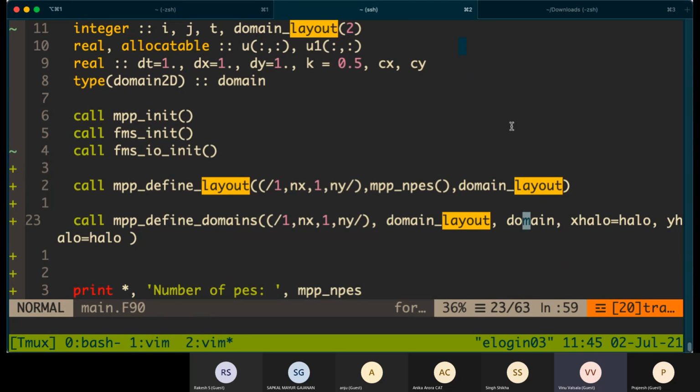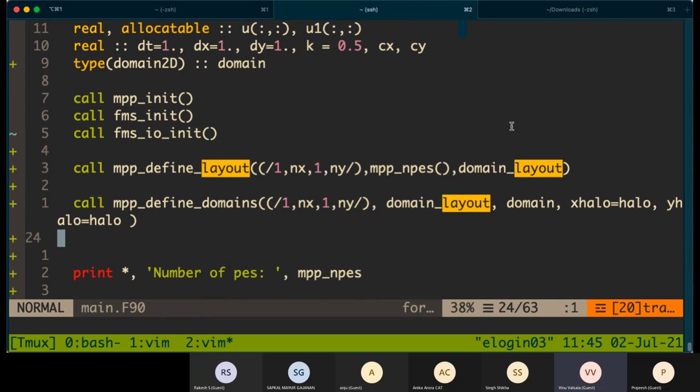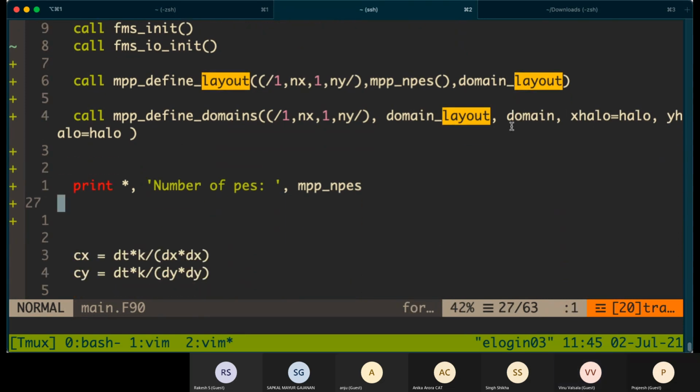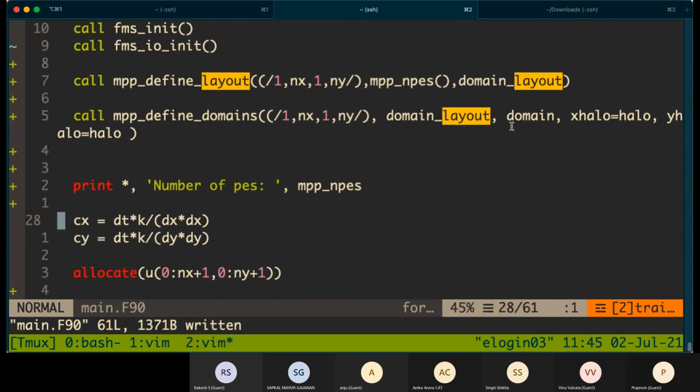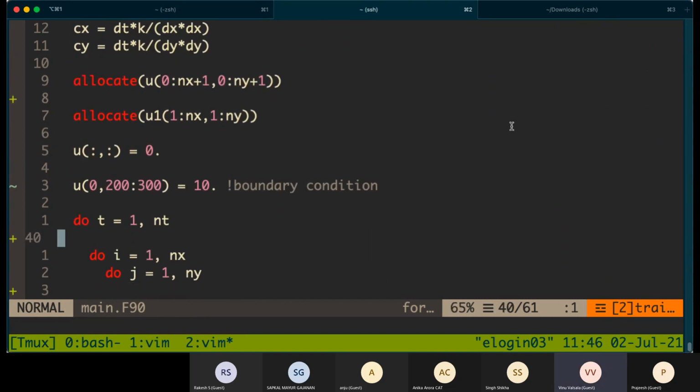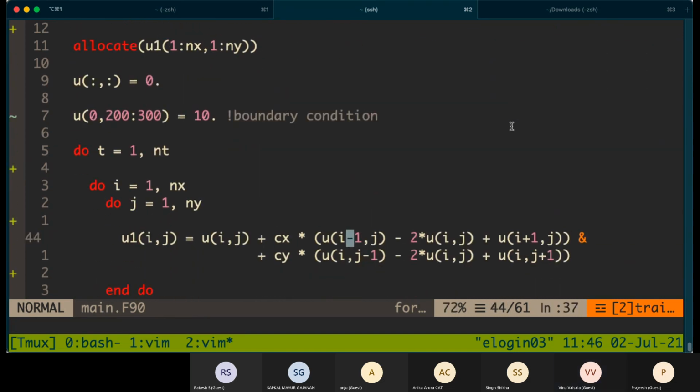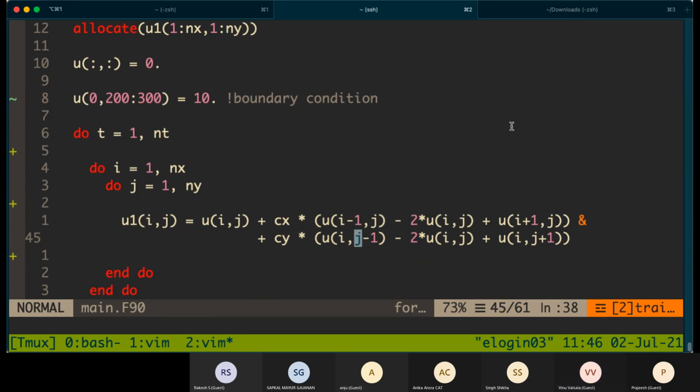And then x halo and y halo. Halo is what I told earlier about the boundaries. In this particular equation, you need one boundary, the nearest boundary to a point in all directions, both in the X direction and also in the Y direction.